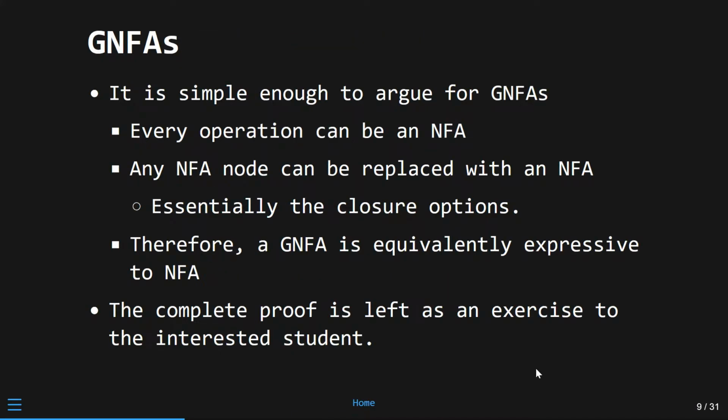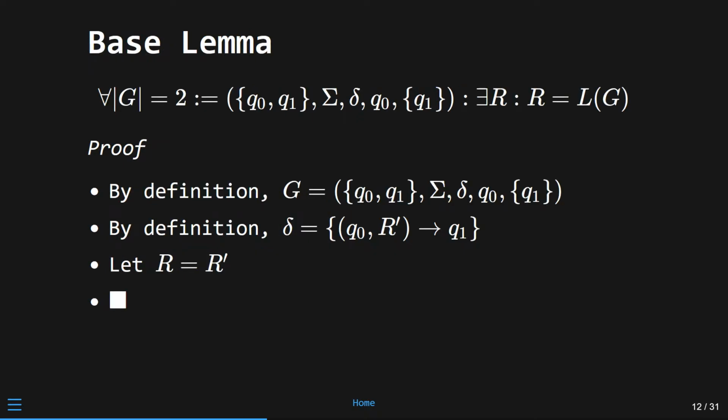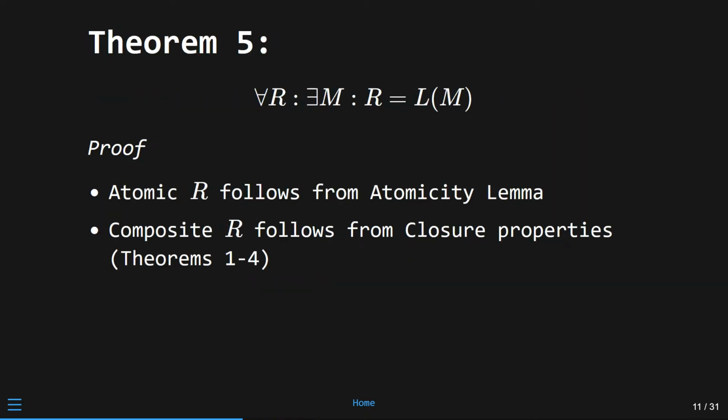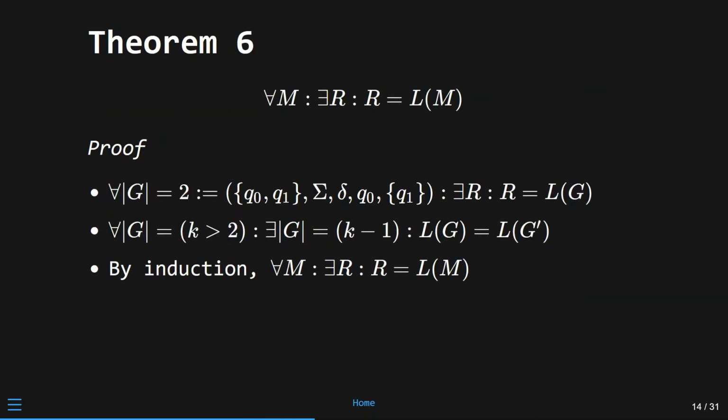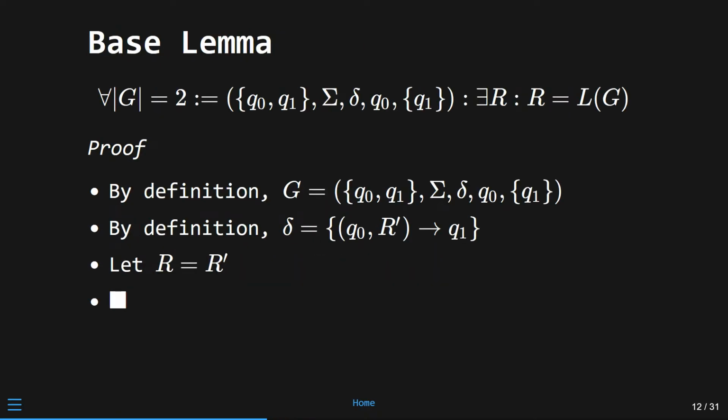Okay. So, GNFAs, atomicity lemma. We've proven that. We're now going to prove two lemmas, a base lemma and an inductive lemma, that are going to support Theorem 6. Theorem 5, for all R there exists an M, and Theorem 6, for all M there exists an R. This is the equivalence between any FA, including a DFA, and any regular language, defined by a regular expression. So how does this work? Well, the first thing we have,